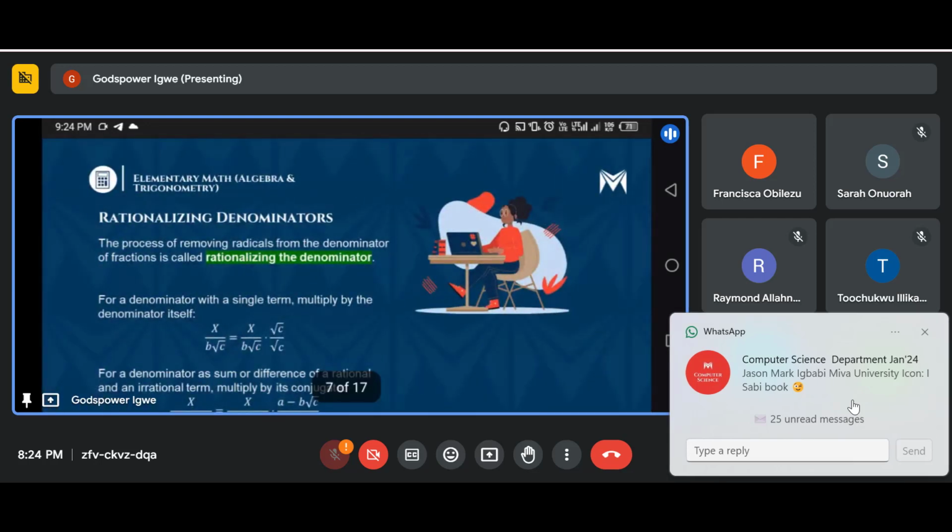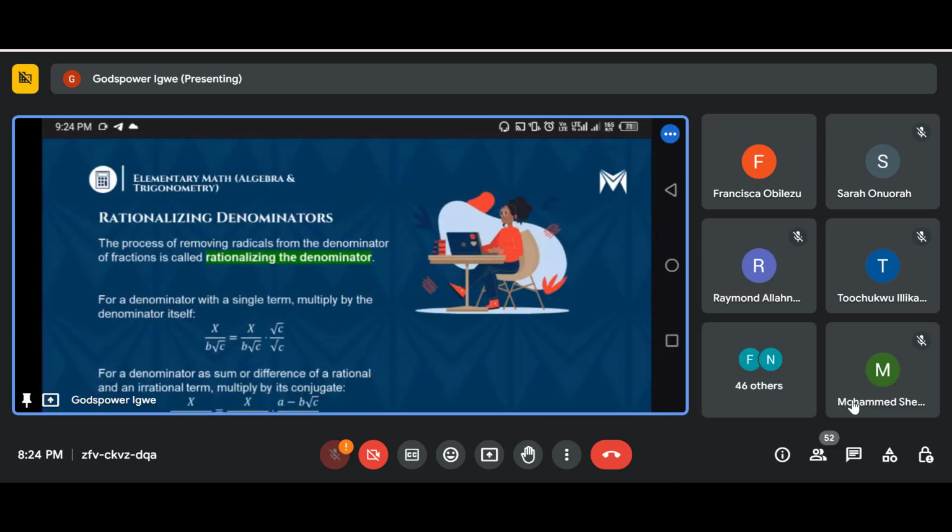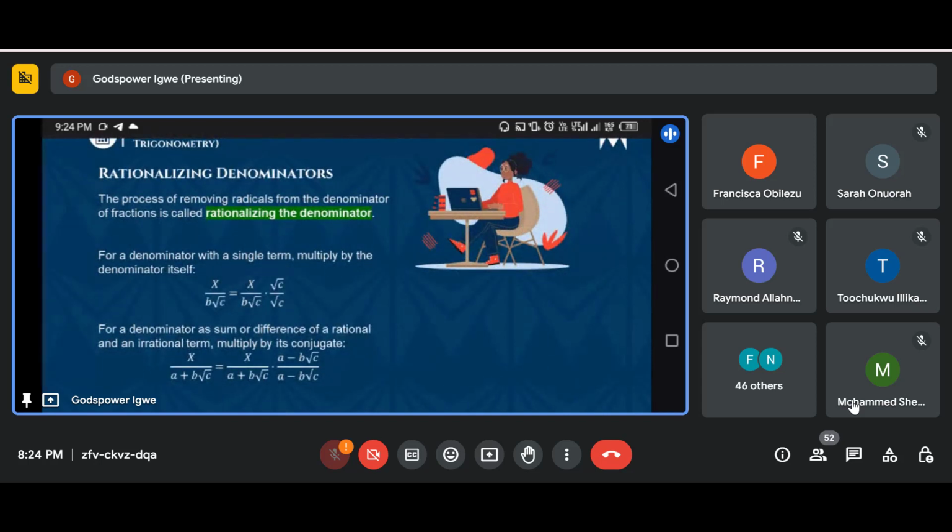So we are done. Rationalizing the denominator is the process of removing radicals from the denominator of fractions. I hope you understand what that means. Rationalizing is just changing the sign below on the denominator, either plus or minus, just to change the sign. Or we change the sign and multiply the numerator and denominator by the new changed